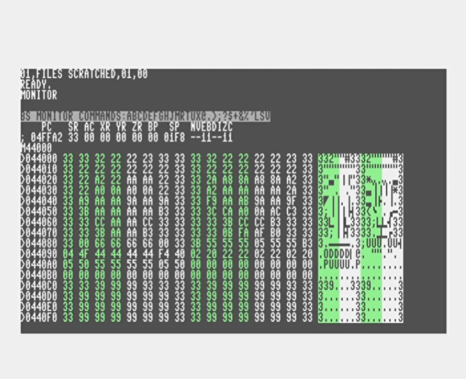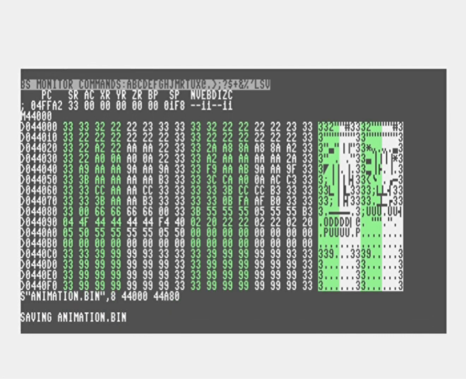Okay, so now save animation.bin, unit 8, bank 4, 4000 to bank 4, 4A80. So this is done,